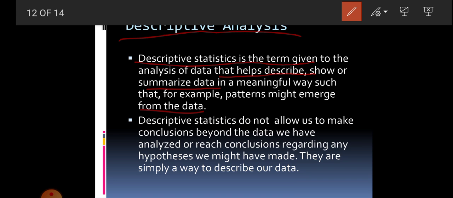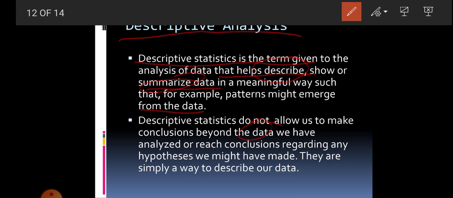Descriptive statistics is the term given to the analysis of data to help describe, show, and summarize data. It means data is given, and with the help of that data only you have to summarize the thing. You don't have to go beyond the data. Descriptive statistics do not allow us to make conclusions beyond the data. Whatever the data is given, according to that only you have to